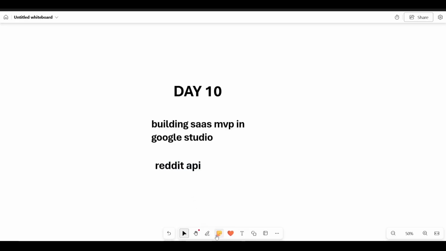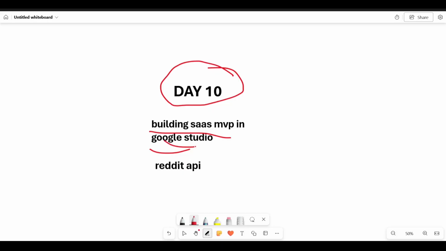So day 10 ended, and what we did was build a basic MVP structure in the Google AI Studio and all, and that thing was done. The whole thing came down to the Reddit API key, because we did not find the Reddit API key. This is not a basic structure where you copy and get the Reddit API key.